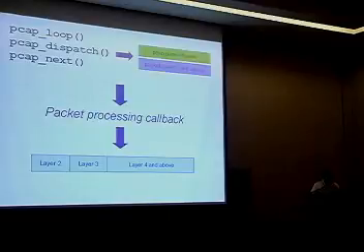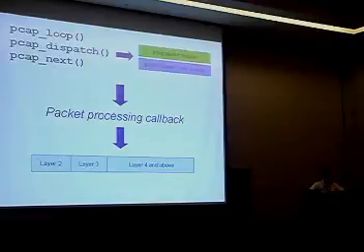This is important because you have to walk along this and figure out which data you're looking at. PCAP next is a somewhat different one, but it basically returns the next packet that PCAP saw as a buffer. And so it's up to you to loop over this indefinitely. But ultimately, what you're really doing is getting back packets, and you have to process them using a callback routine. And as I mentioned before, you have layer 2, 3, and 4 and above that you have to look at